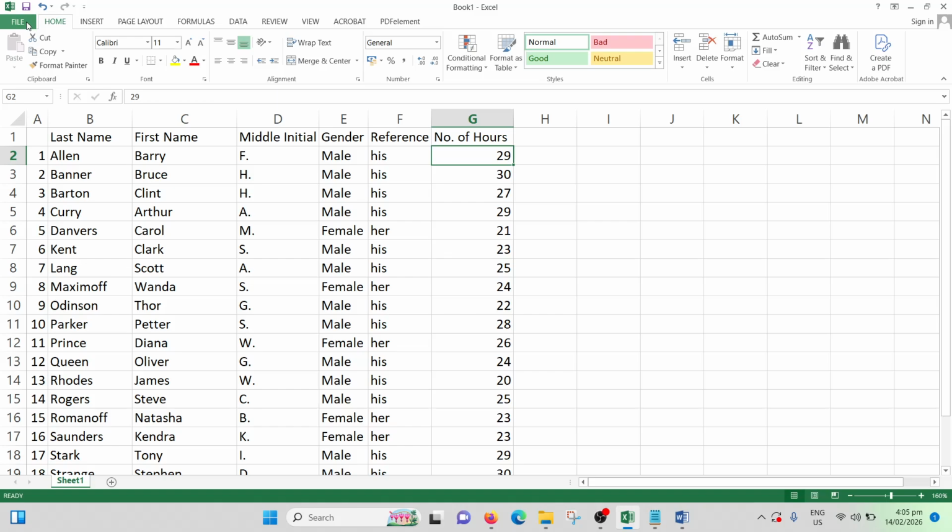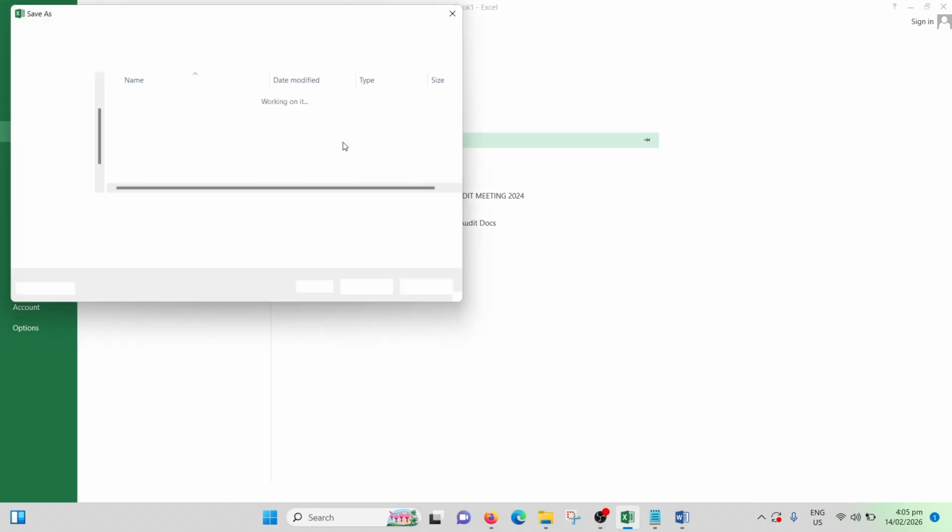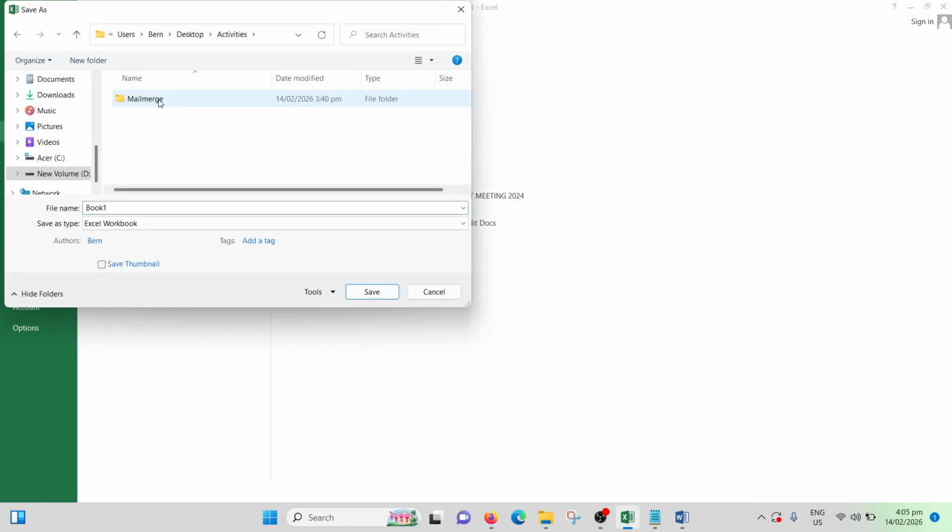So what we're gonna do is we have to save this, and I've already prepared a folder here, mail merge, and then we'll just name it certificate source underscore certificate. There's no significance with the underscore, I just want it to be like that, and then save.